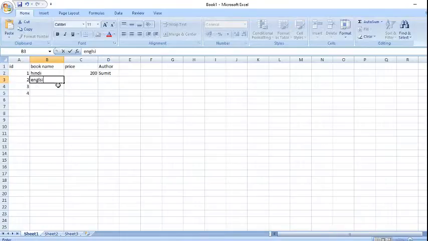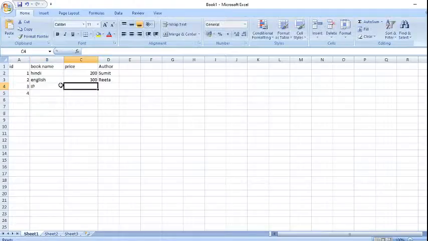English, price 300, this one Rita Publications, IP Books, then another one 500, it is of Dr. James.